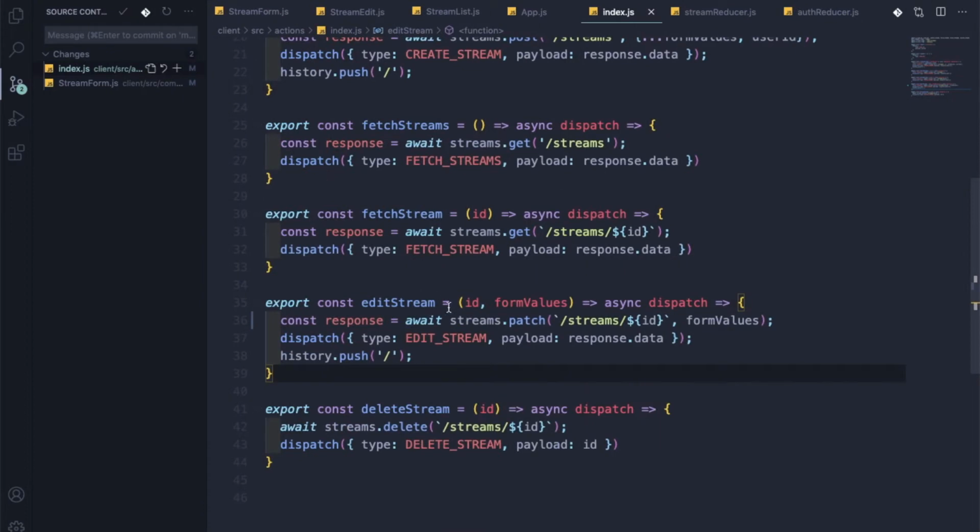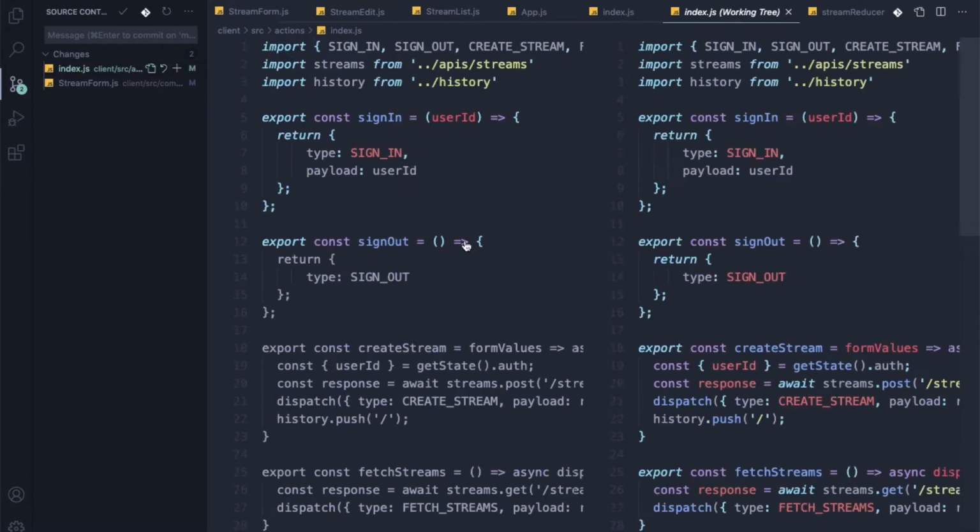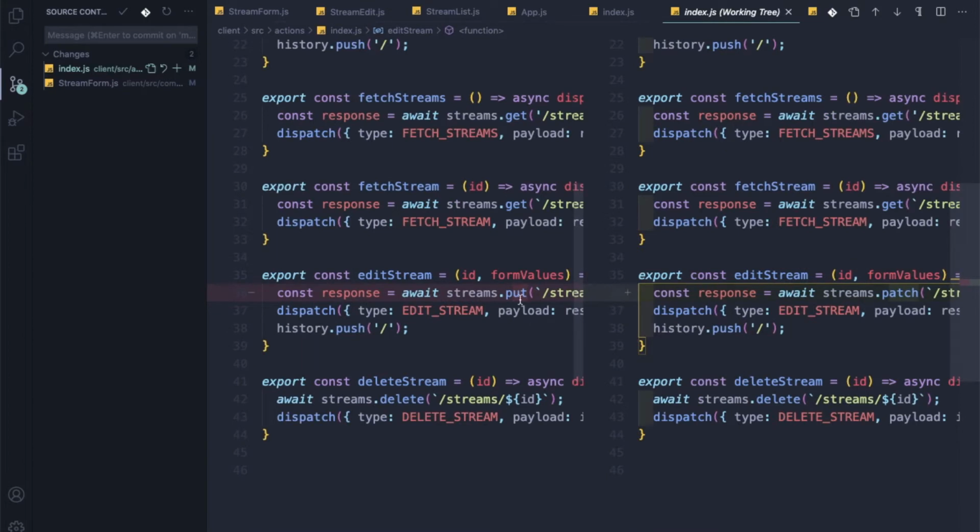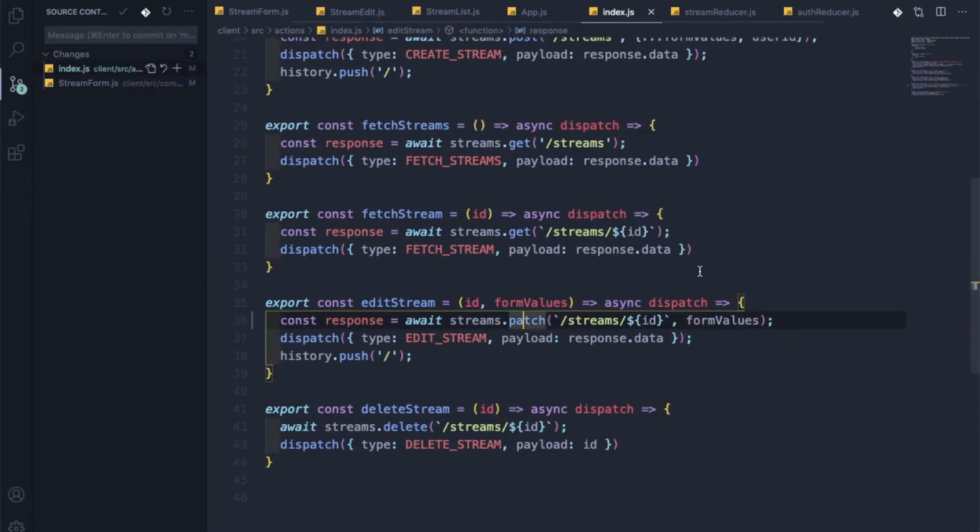The first mistake was that I used a put request instead of patch. If I click on the changes, see, earlier I had used put, now I have changed it to patch. There is a bit of difference between put and patch, and because of this my application was not working